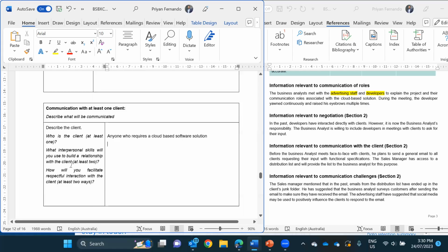What interpersonal skills will you use to build a relationship with the client? Like these questions are very general. Empathy, positivity, respectful communication, trust, all of that, okay? Trust, empathy, respectful communication, and anything you can think of, just write it down. And how will you facilitate respectful interaction with the client? Maybe giving the client the chance to provide input without interruption,